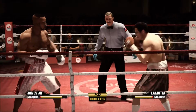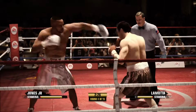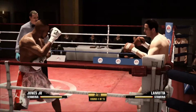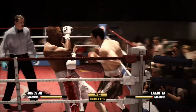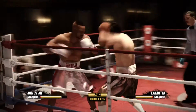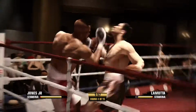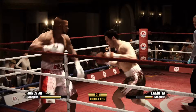LaMotta's trying to get back to where he was here in this round. He's knocked down in the last round. Now, Teddy, when you're the opponent and you knock the guy down, those opening few moments of the next round, do you try to size up and take into account where your opponent is? Do you look into his eyes and assess the situation? Well, I don't know if you get close enough to look right into his eyes as the opponent, but first of all, in the corner, you better not send your fighter out if his eyes don't look clear. That's your responsibility, looking out for the fighter. But as the opponent out there...